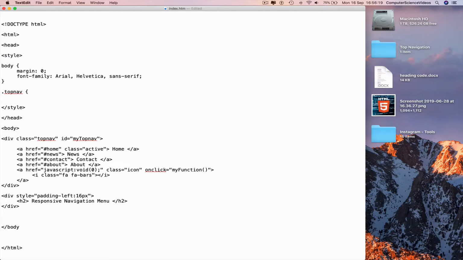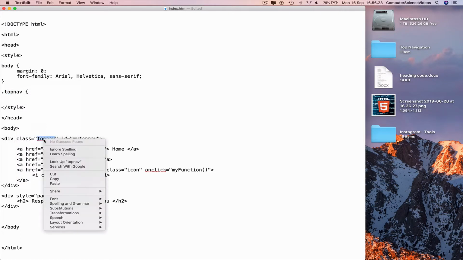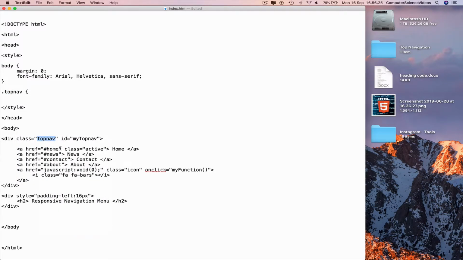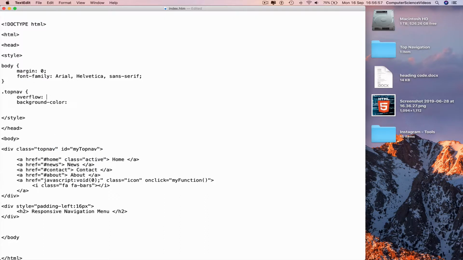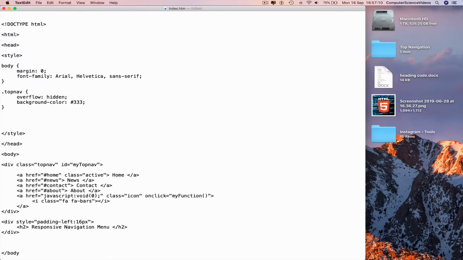parentheses, ignore all the spellings if we have any mistakes, overflow and background color, overflow hidden, semicolon, background color, hashtag 333, semicolon, next line, curly brace, Command S to save, go to a new line,